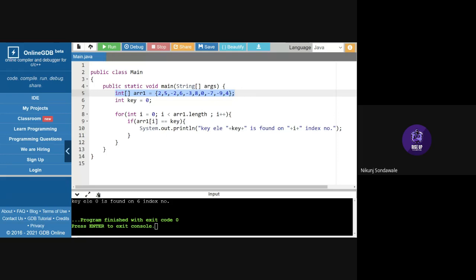And then you will need the key, the element you have to find, means the key, right?